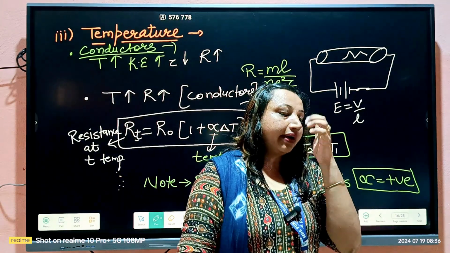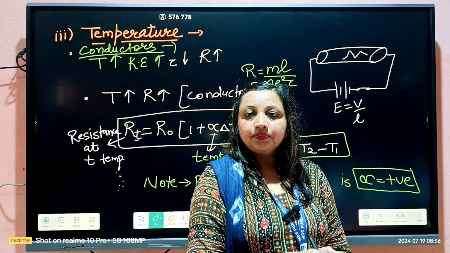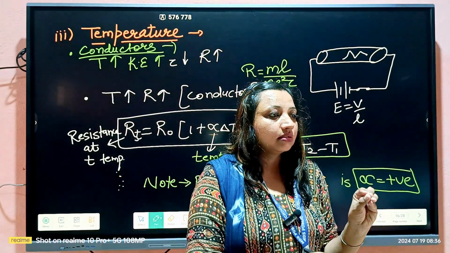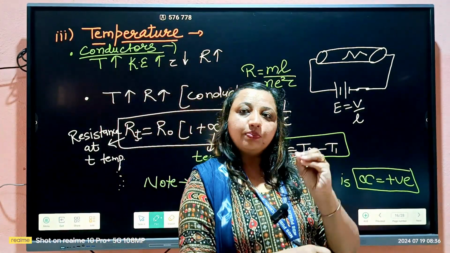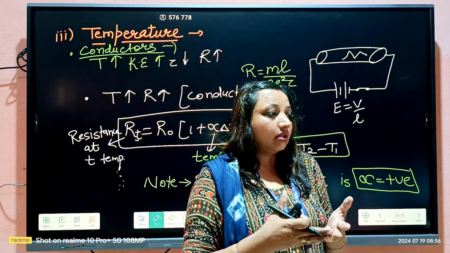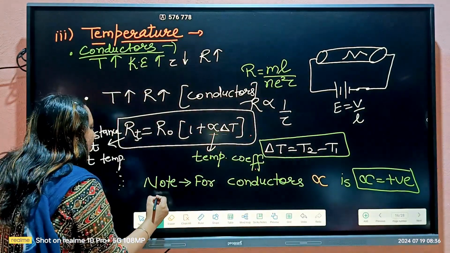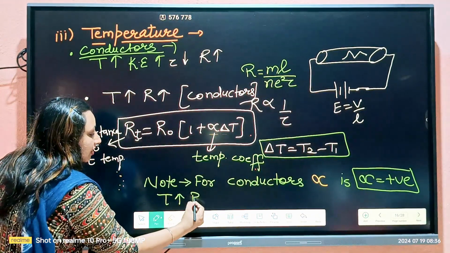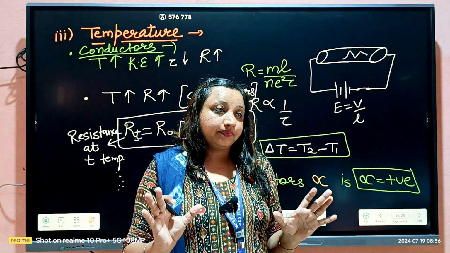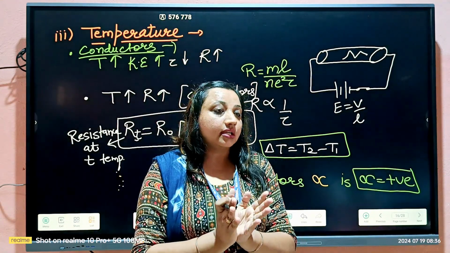if someone is going to a doctor to diagnose some disease, if the test is positive, what does that mean? That person has that disease, right? Positive means that person has that disease, and negative result means that person was not diagnosed with that particular disease, right? So alpha positive means with the increase in the temperature, the resistance also increases. Positive means positive effect, that with increase in the temperature, the resistance also increases.